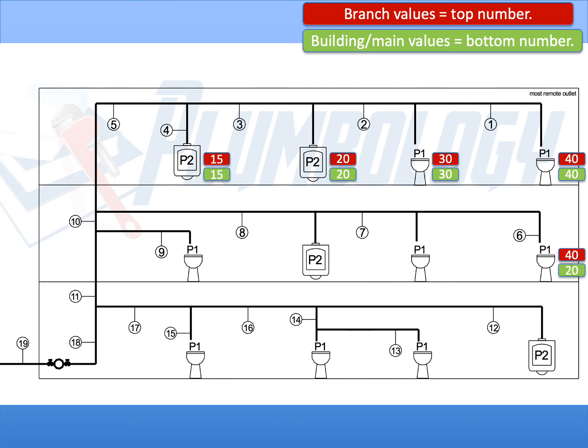Working to the left, another water closet flush valve. We just follow the sequence, the next step. So the next step in the branch numbers would be 30. The next step for the building numbers would be 15. And then we have a urinal on that branch. So it's the only urinal on that branch piping, so the top number has to be the highest number available, which is 20. The building number,